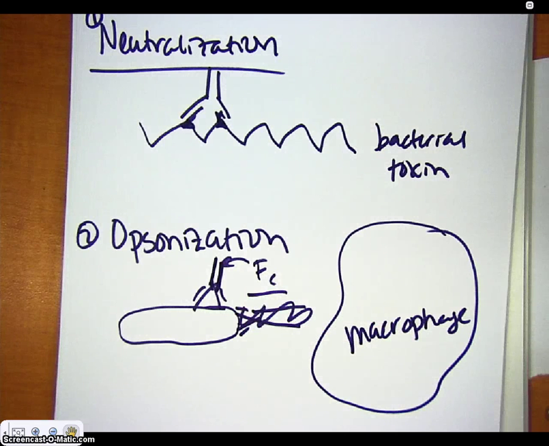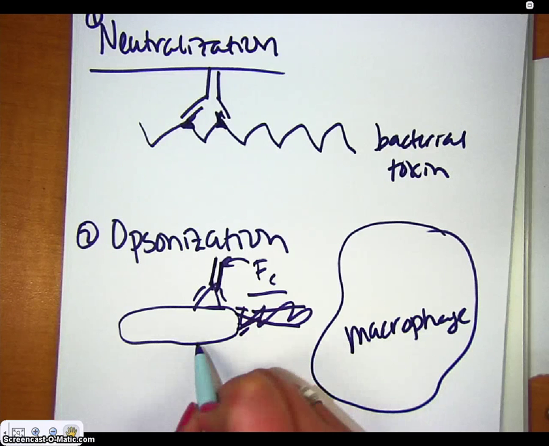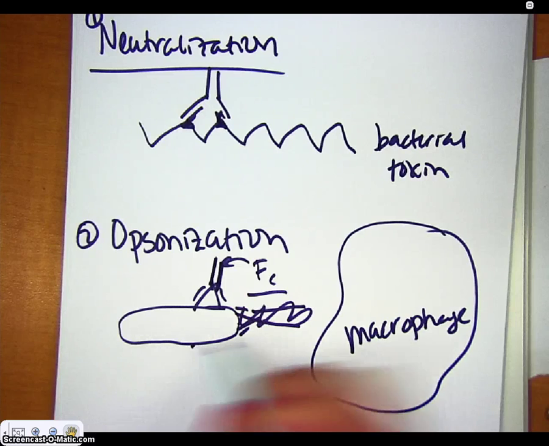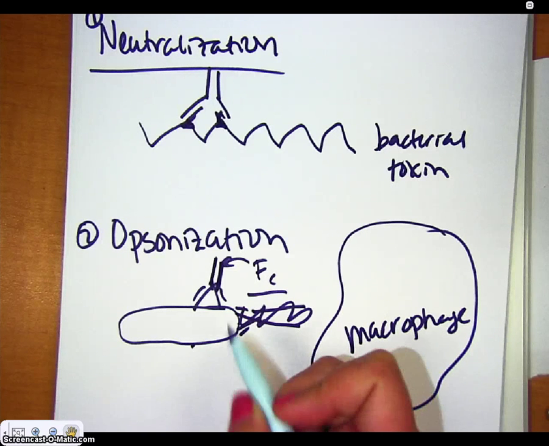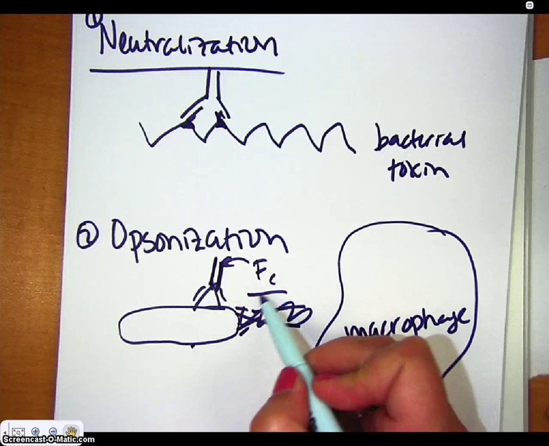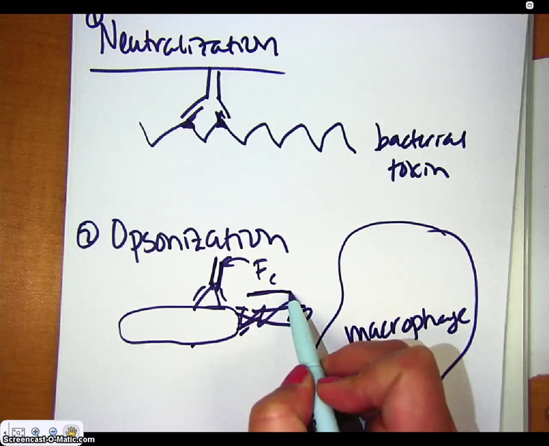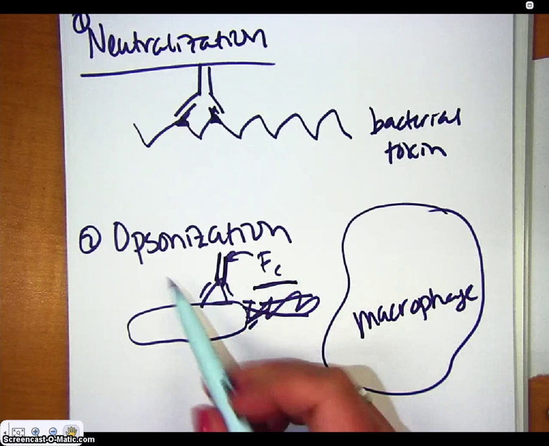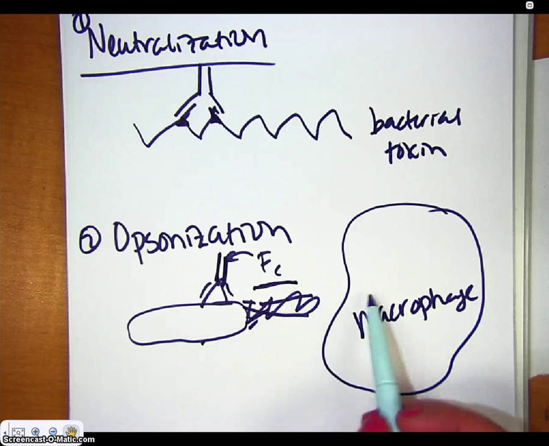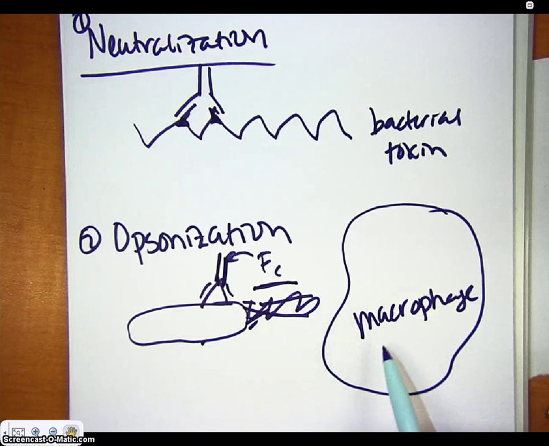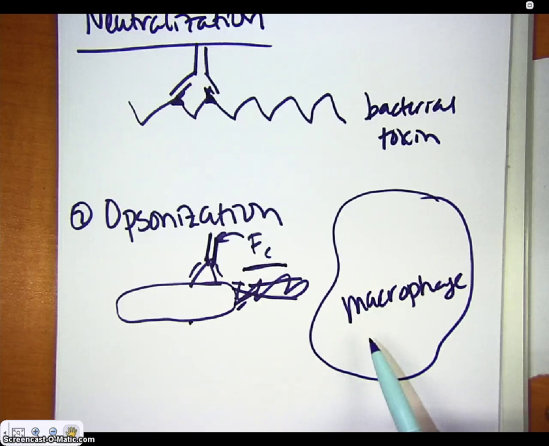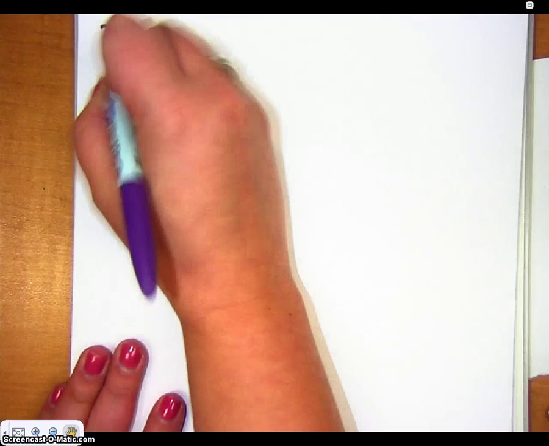Because remember that macrophage and phagocytosis is a non-specific response, which means it's not responding to something specific about the foreign agent. It's just responding to the fact that there is something foreign. And so it's responding to this constant fragment being present. So opsonization is just when antibodies bind to microbes and trigger them to be engulfed or phagocytized by macrophages or neutrophils or other phagocytic cells. All right, so the third one is then